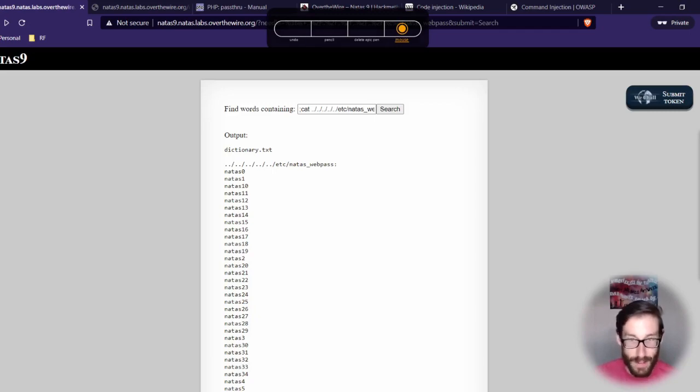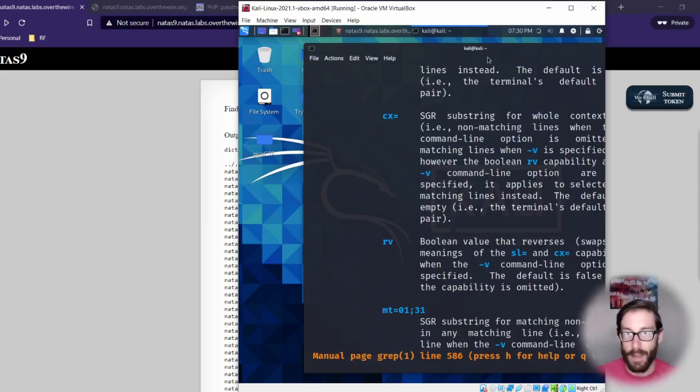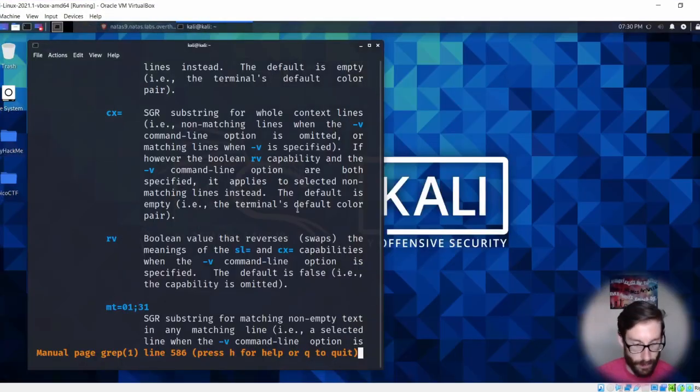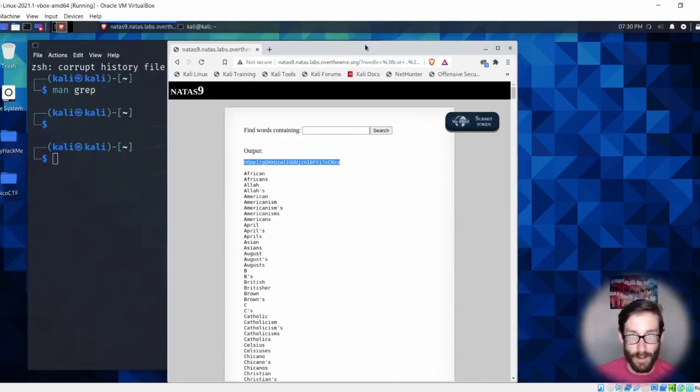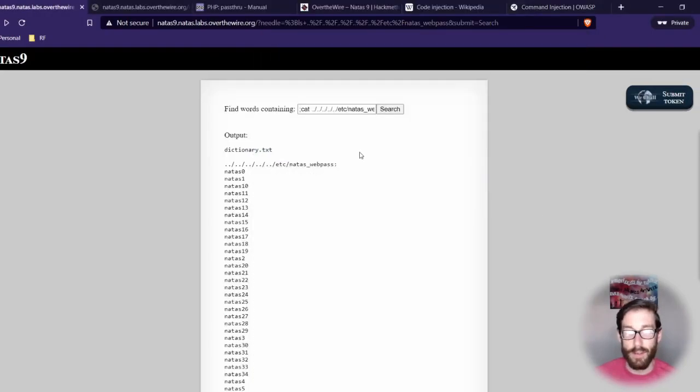So what I had to do is open up Kali or whatever virtual machine you have. In here you can see I was running through some commands to see what specifically I could do, and you can see Natas 9. If I open this up, you'll see that it kicked back the key once I put in the code here, and it gave me my answer. So that is how you go about doing it if you have a special antivirus on your computer.